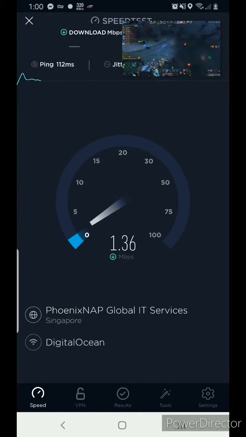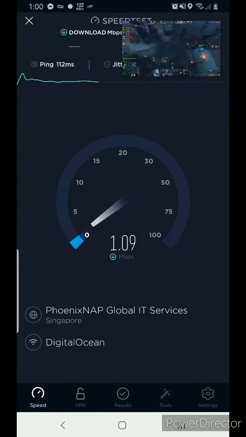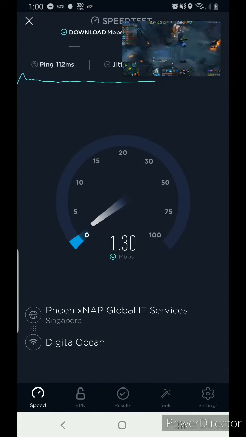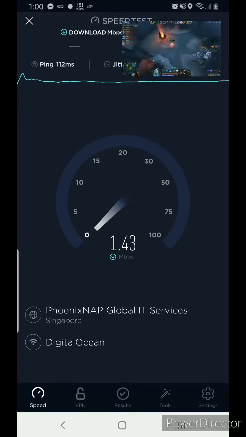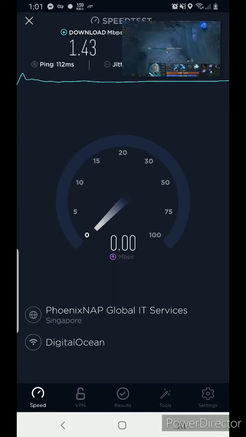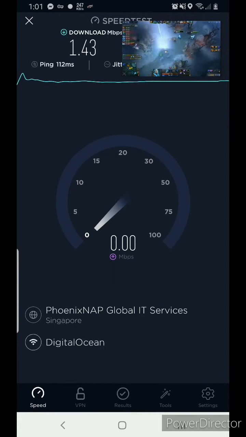I have 112 ms. So I'm here inside the building, so it doesn't have that good signal strength. That's why I only have that kind of speed. Because VPN is fully dependent on your network speed. If the VPN is not having good speed,